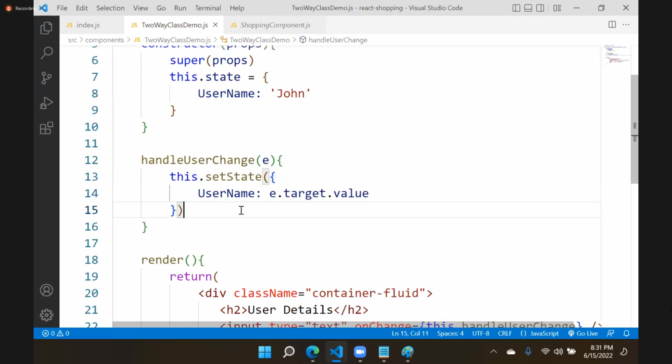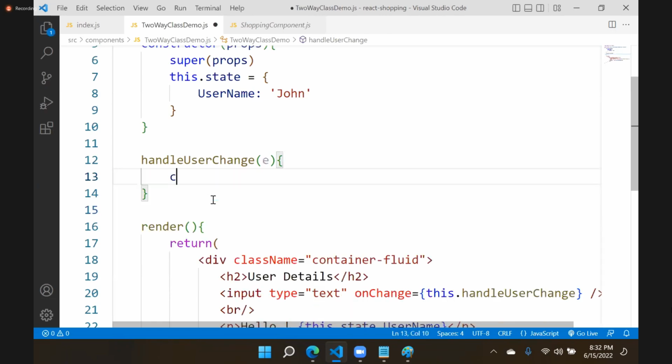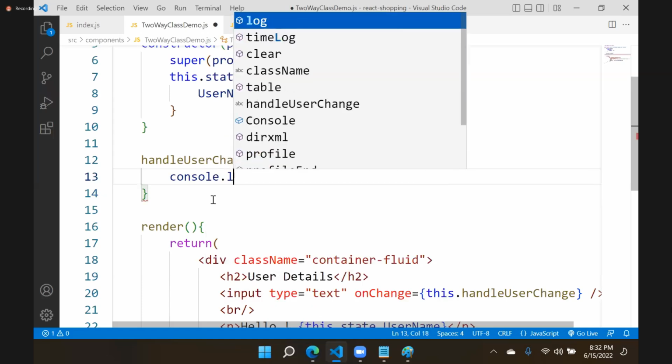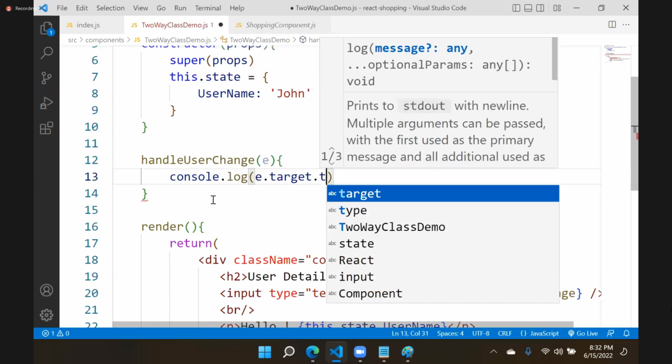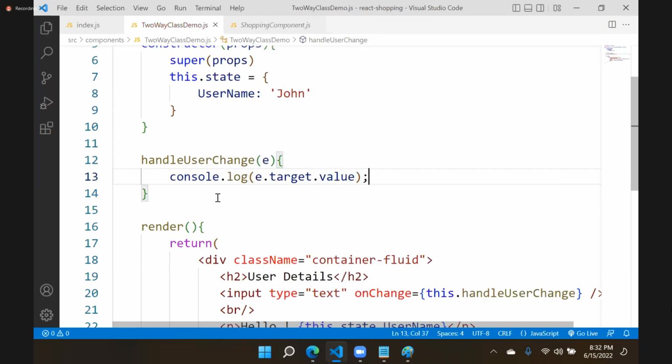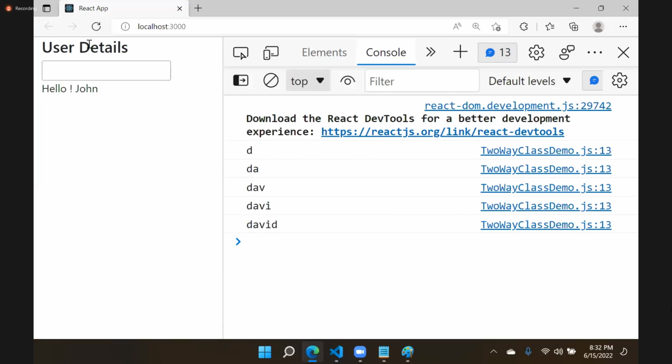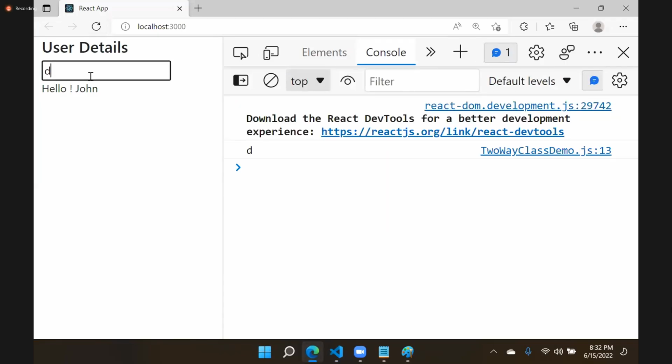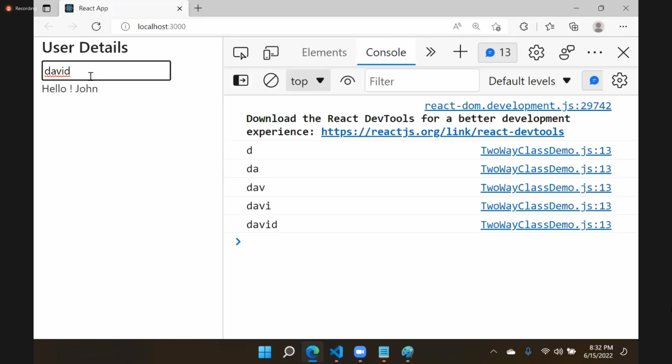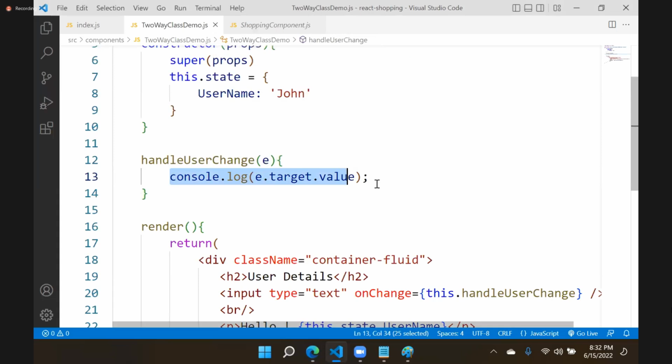Now one problem will come. Previously we didn't have the problem. You haven't seen any error when I was using console.log. Just remove this; I am using console.log(e.target.value). You can see there is no error when I am typing. Everything is fine. But when you try to set into state,